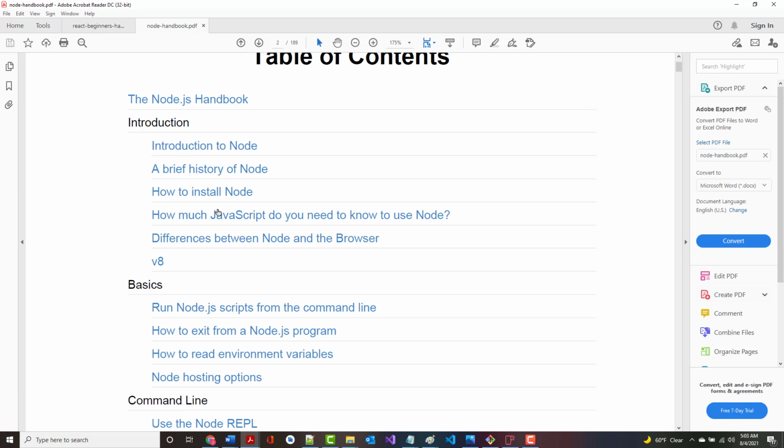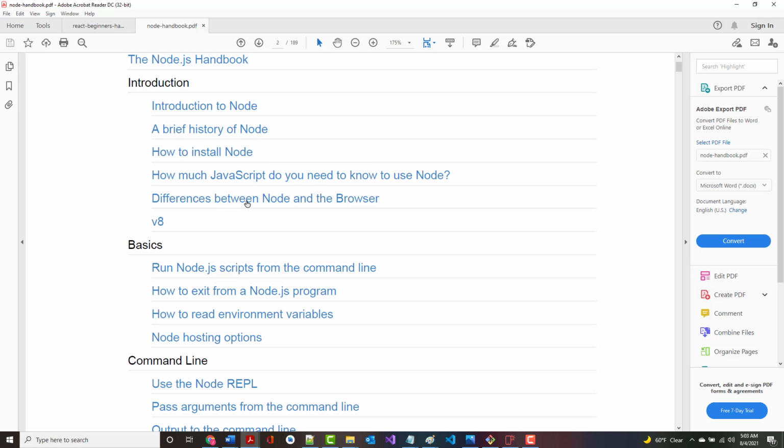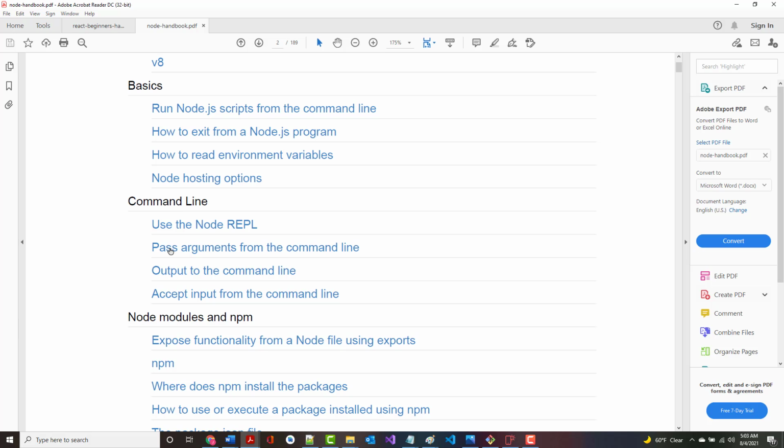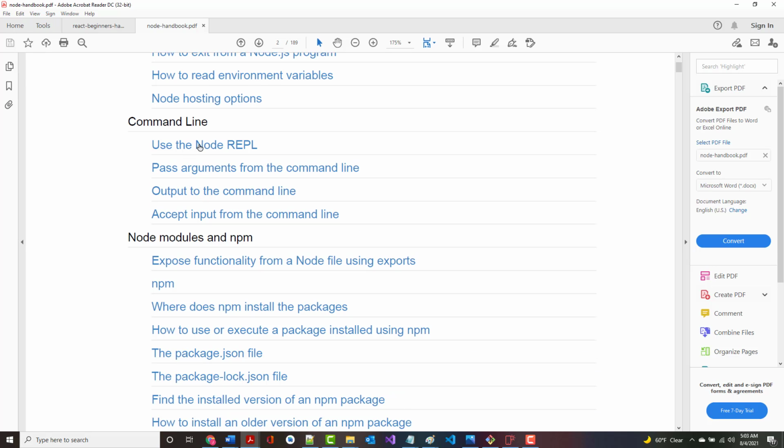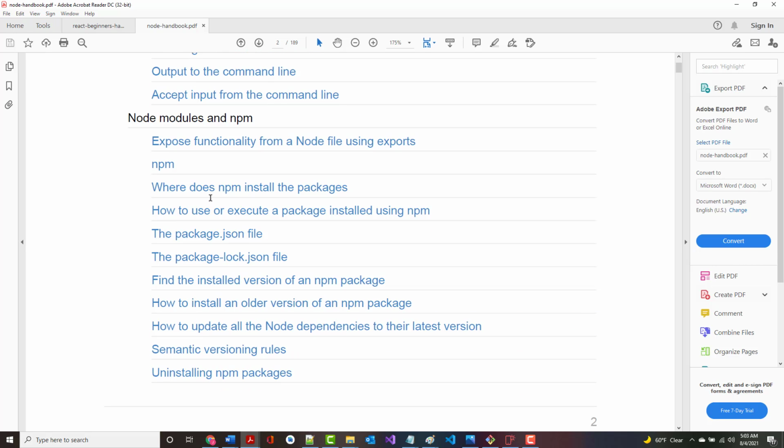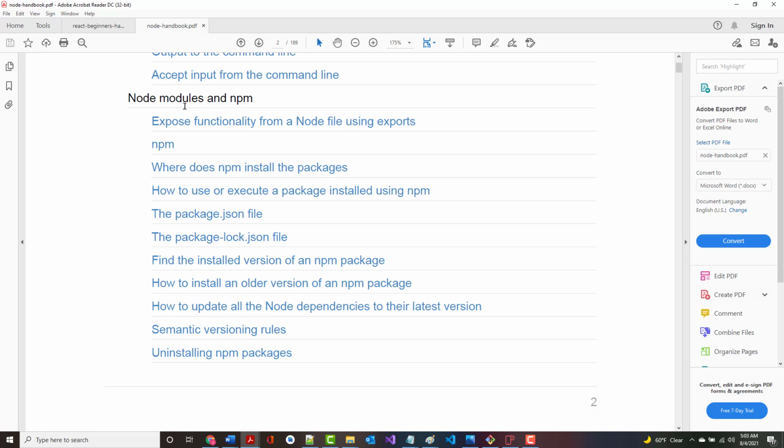The JavaScript you need to use Node, differences between Node and the browser, V8, which is the engine that's used to run both Chrome and Node, some Node basics, such as running Node scripts from the command line, exiting a Node program, looking at environment variables, talking about REPL, working with the command line, and then talking about Node modules and